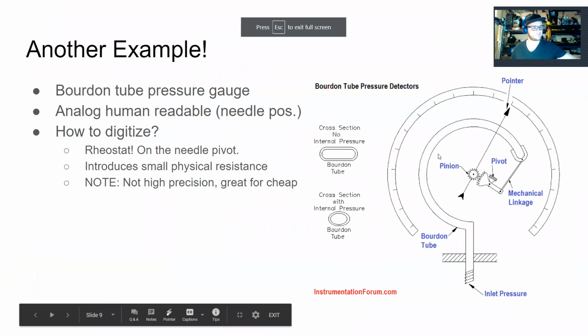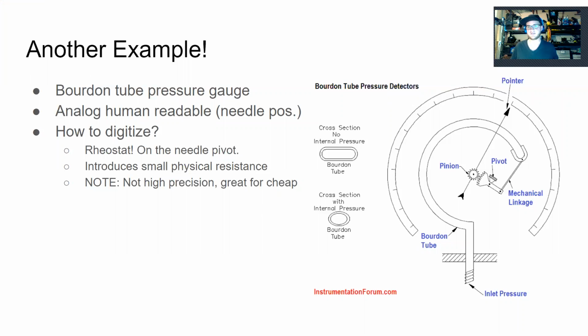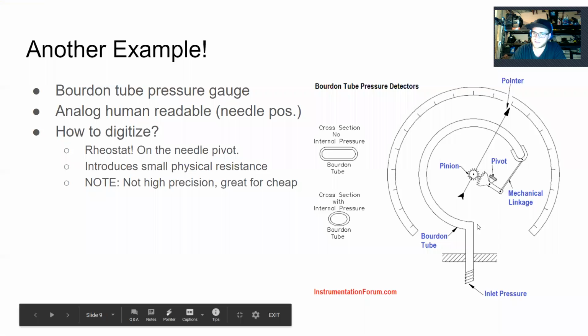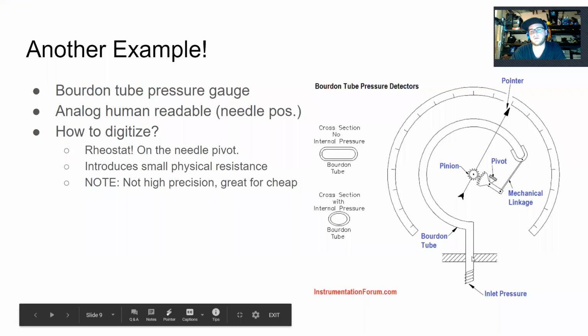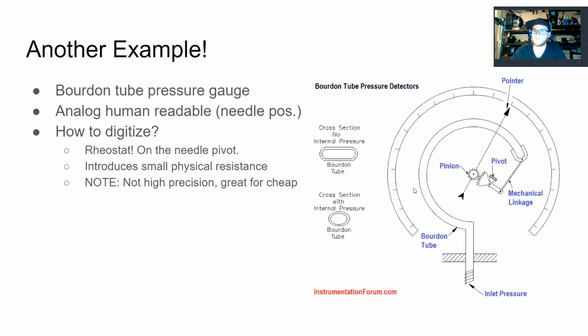Okay, so this is another pretty cool little example. You've probably all seen one of those circular pressure gauges with a dial on it, right? That's represented by this schematic right here. And you may or may not know how this works. Basically, internally, there's a tube called a Bourdon tube that's shaped like a shepherd's crook, kind of. And that's connected to your external pressure system. And the cross-section of this tube, if you can see my mouse moving across this cross-section here, looks like this